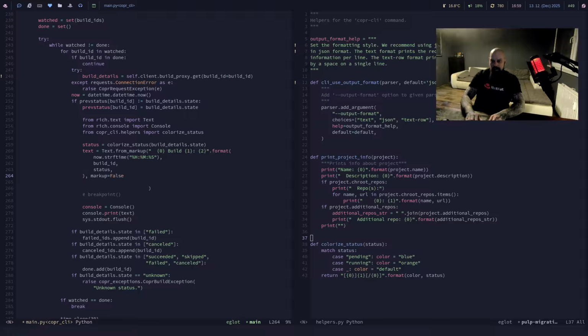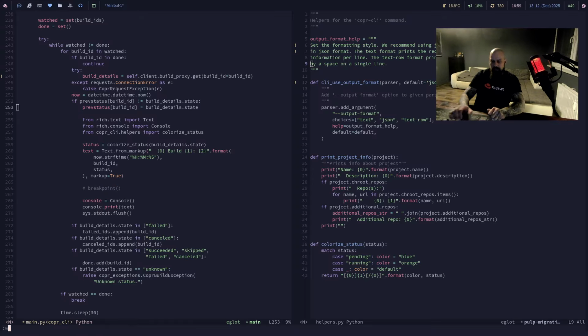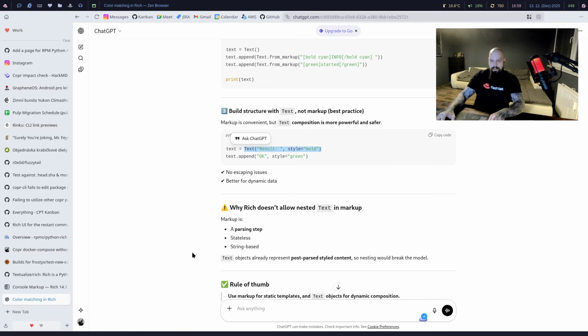Oh, the syntax is a bit complicated here, but I guess this is fine. So we could have a command line argument for the copr-cli, and we could toggle this markup to false and not print anything, right? I guess. Let me quickly, what color names can I use in